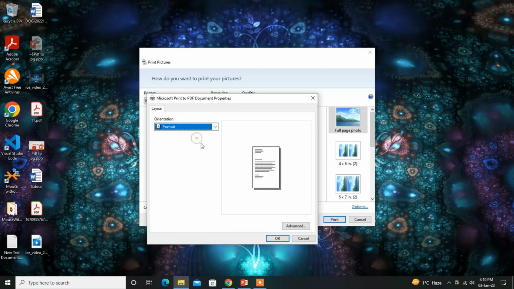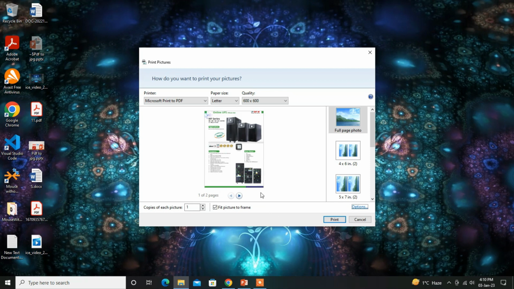Click here portrait and click OK. Now you can see it's portrait, and if you want to fit picture to frames, click on it. Either you can uncheck this and select here as per your size. I will keep it here A4